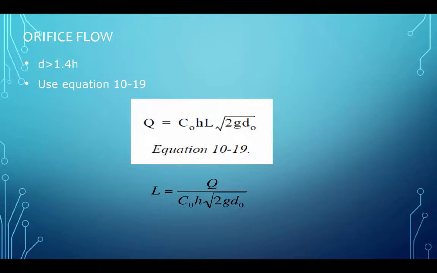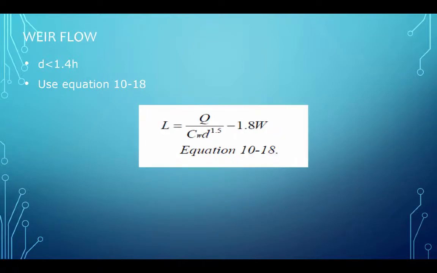You look up the value of C0 in the design manual, and D0 is the flow depth, H is the height of the opening, L is the required width of the opening to capture the value Q. For the weir equation, length is Q divided by the weir coefficient times d to the 1.5 power minus 1.8 W, where W is the